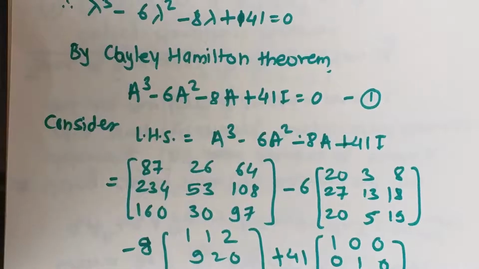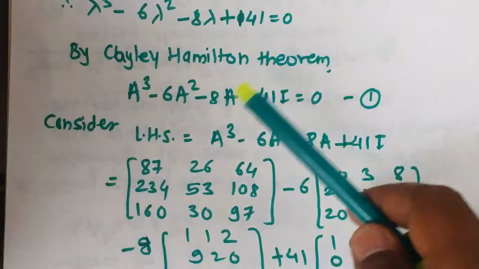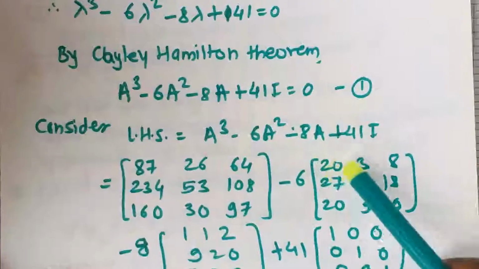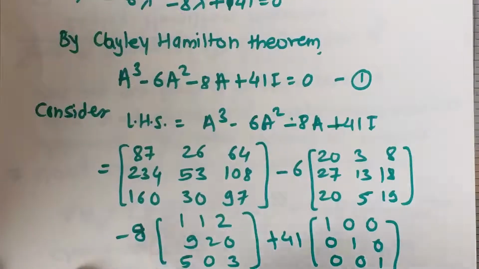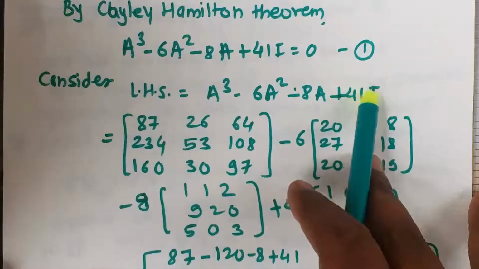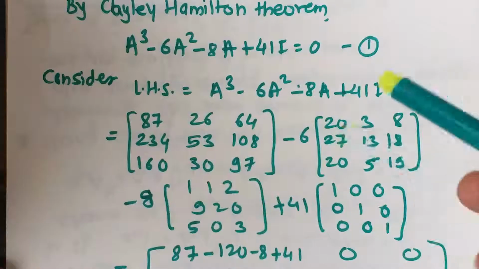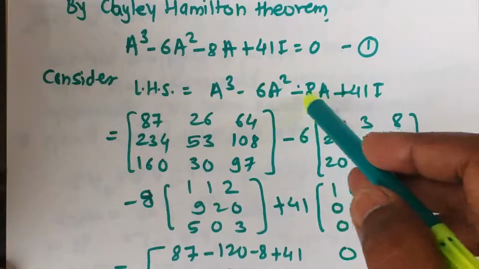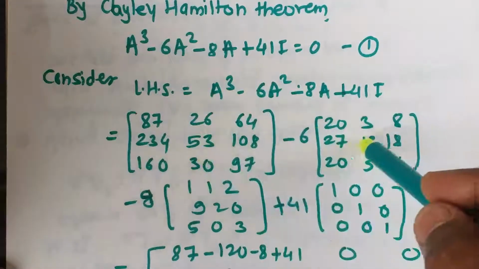Now this is the addition of 4 matrices. A cube means multiply matrix A with A 3 times, and A square means multiply matrix A with A 2 times. We know how to do multiplication of matrices. These calculations you can do on calculators also. I have done it on a calculator only. In the calculator you save the matrix A, then raise the powers. Once we save the matrix A in the calculator, we can calculate A square, A cube there. From that I have determined the values.